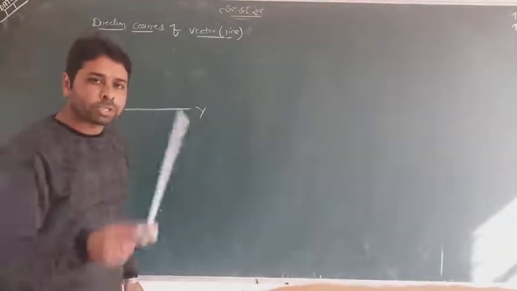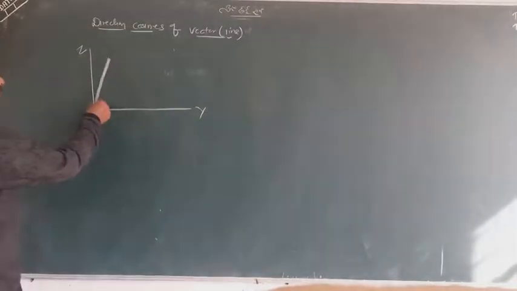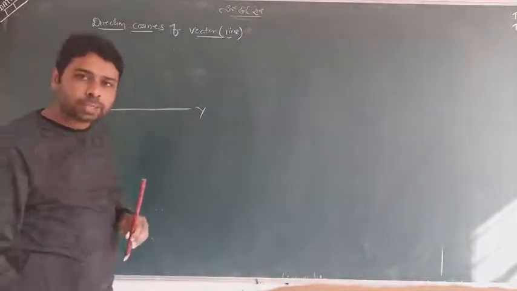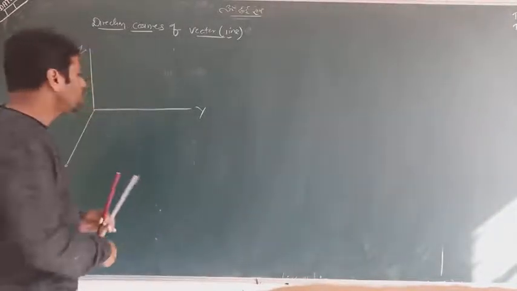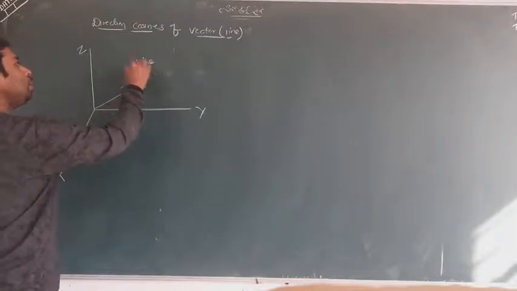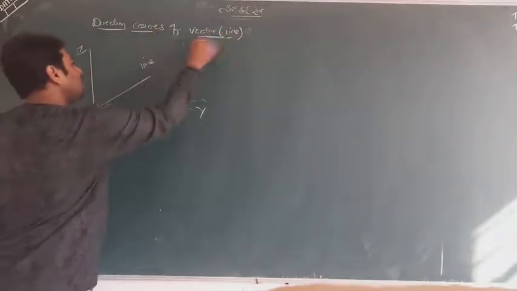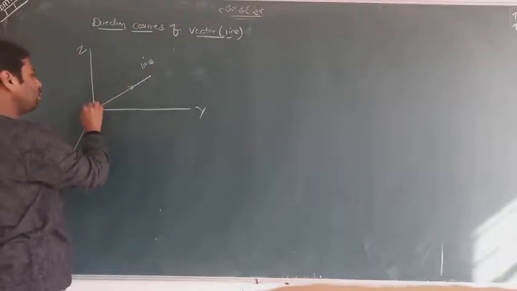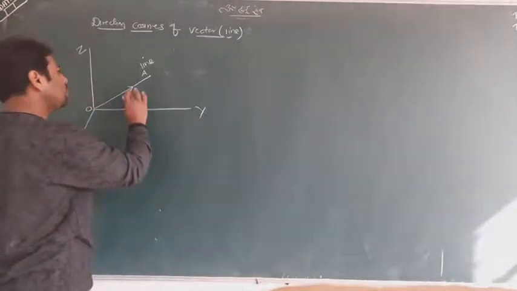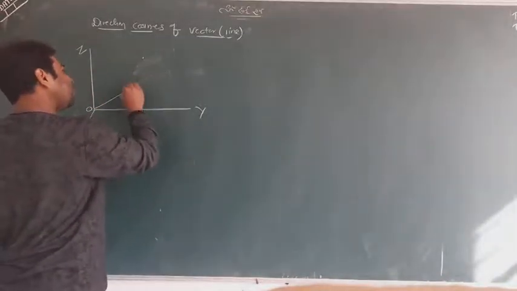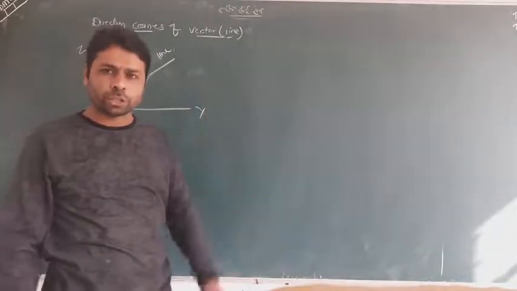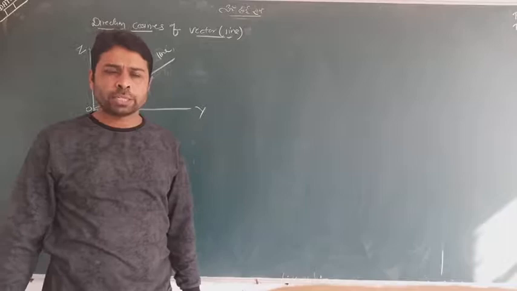Now I have taught you about this line. This was a line which is making three angles with the x-axis, y-axis and z-axis in positive direction. So suppose I am making a line like that. This is my line. Line and vector are almost the same. If I put O and A, this is going to be a vector. But I am not making a vector right now. In geometric form I am telling you this is my line, without any direction or vector concept.